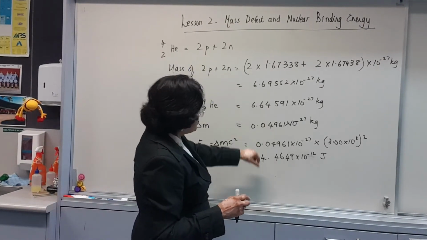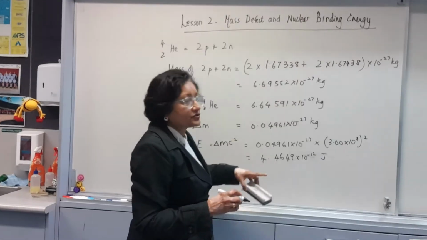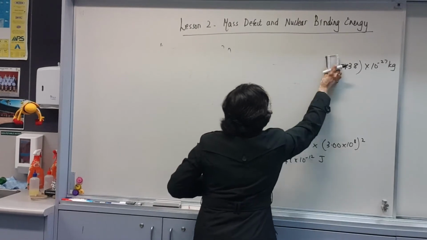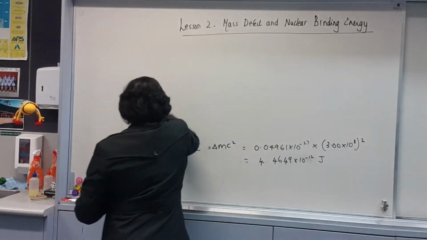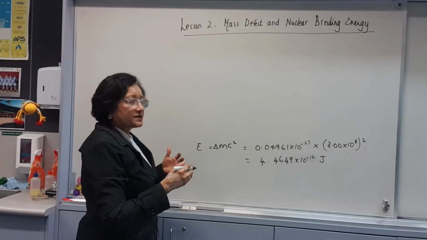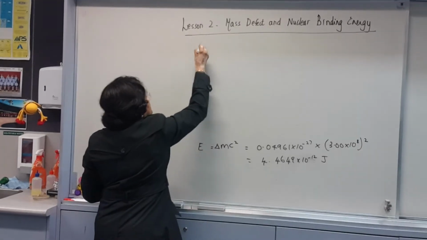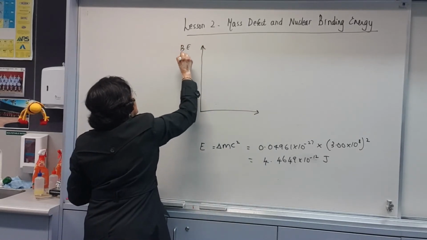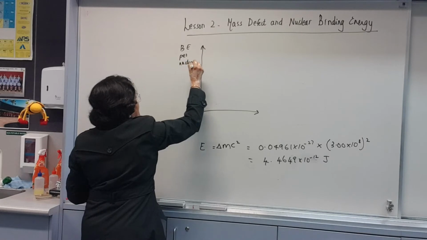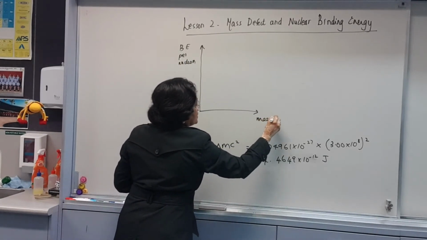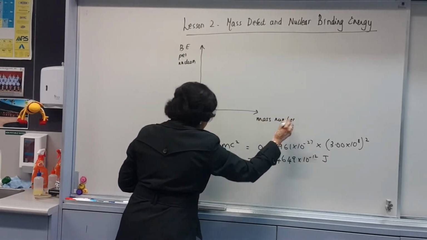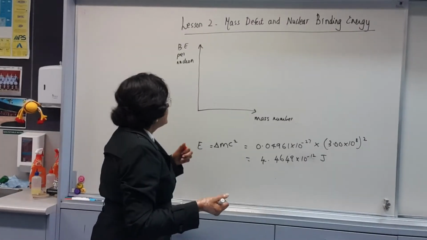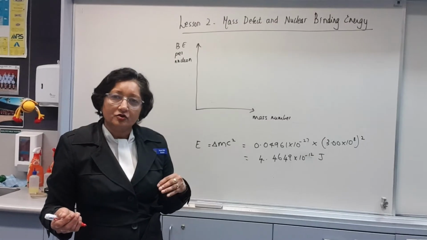I'm just going to rub out the top part. I still need this number because I'm going to show you something in a bit. So what you need to be familiar with is the binding energy curve. So you have on the y-axis binding energy per nucleon, and on the x-axis you have the mass number or the nucleon number. Now, the shape of this binding energy curve, so actually ordinary hydrogen, which has only one proton in the nucleus,